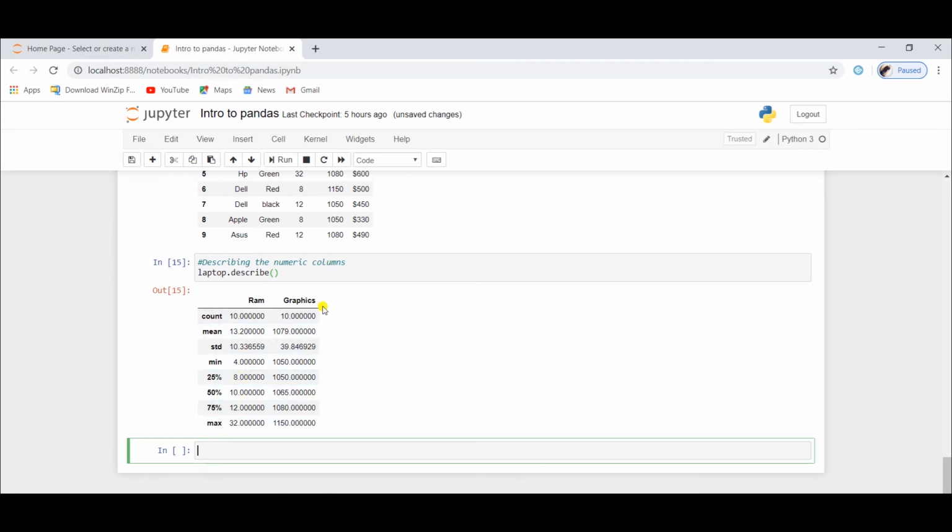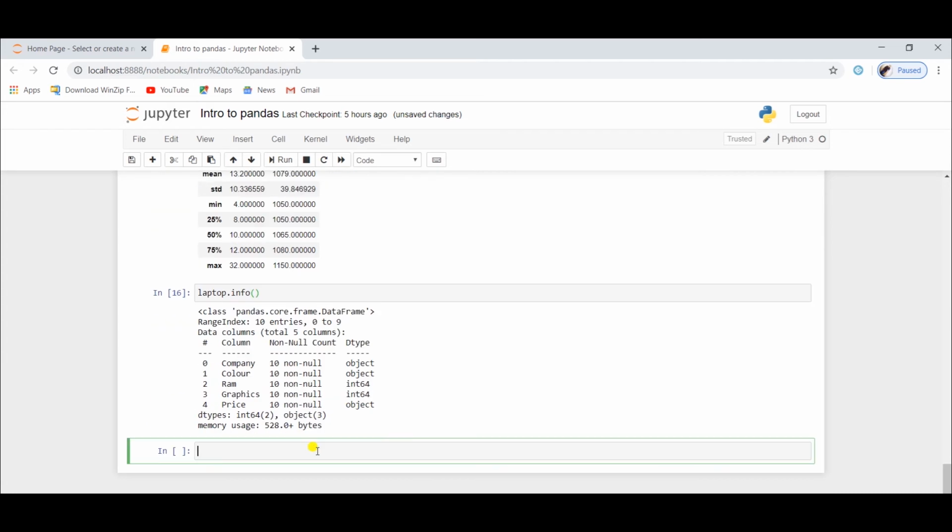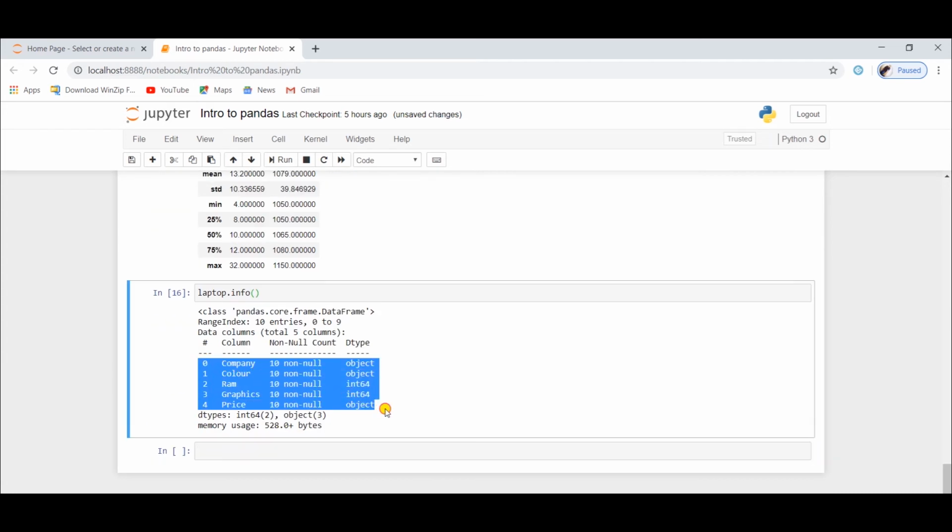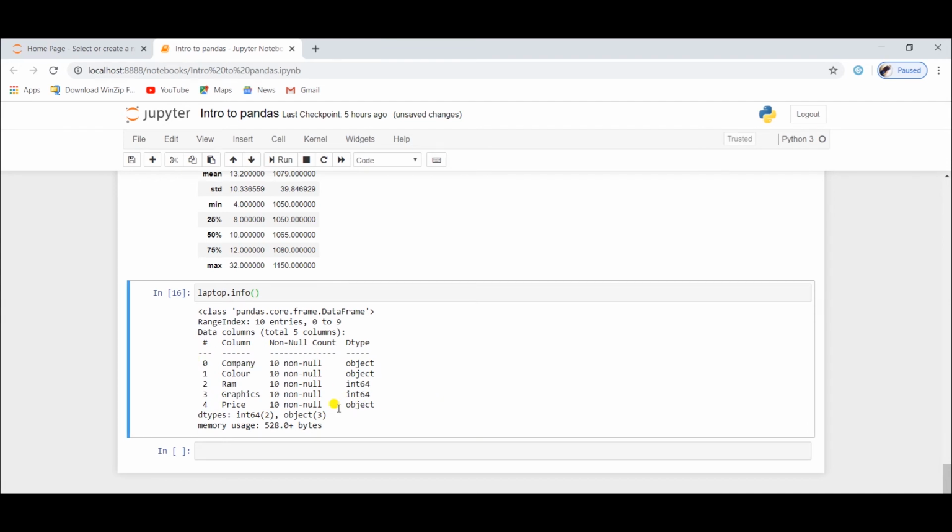You can see count, mean, std, minimum, max, 25%, 50% and 75%. Now let's see laptop.info. By laptop.info we will get information like column names and their types and their entries. In dtype you can see there are 2 integer columns and 3 object columns.